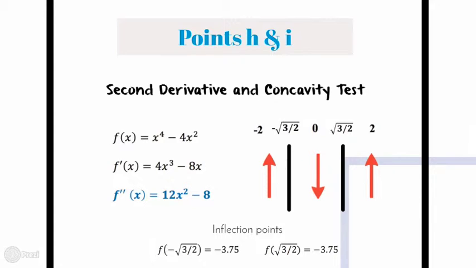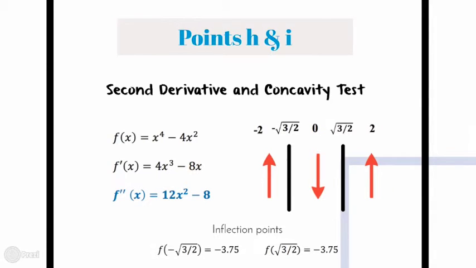To solve letter I, we had to do the concavity test, in which we got the second derivative of the original and we made it equal to 0. Then we isolated x and got the first x, which gave us square root of 3 halves. The second one gave us minus square root of 3 halves, and then we substituted the values to make the